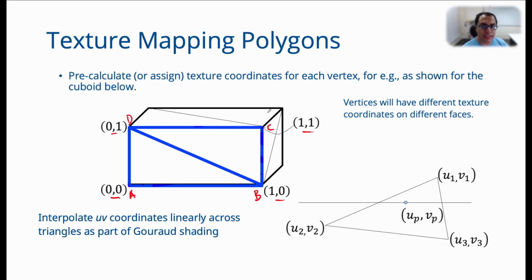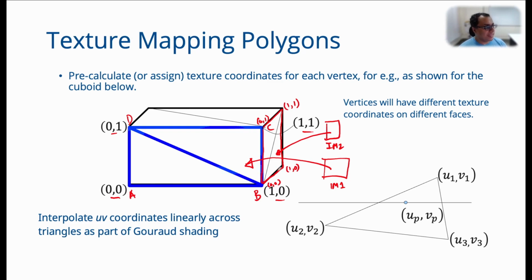So if for this face of the cuboid, I am texture mapping, say, image 1, then this image maps according to these texture coordinates. Then I might say that for the side face of the cuboid, I might have image 2. Then for that again I will say that this corner is 0, 0, this corner is 1, 0, this corner is 1, 1 and this corner is 0, 1. So here again I have given different coordinates. Therefore for every side I will have different texture coordinates.